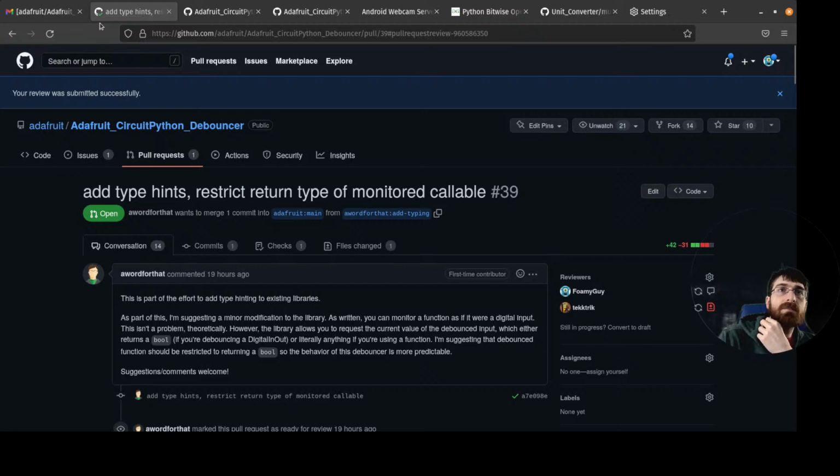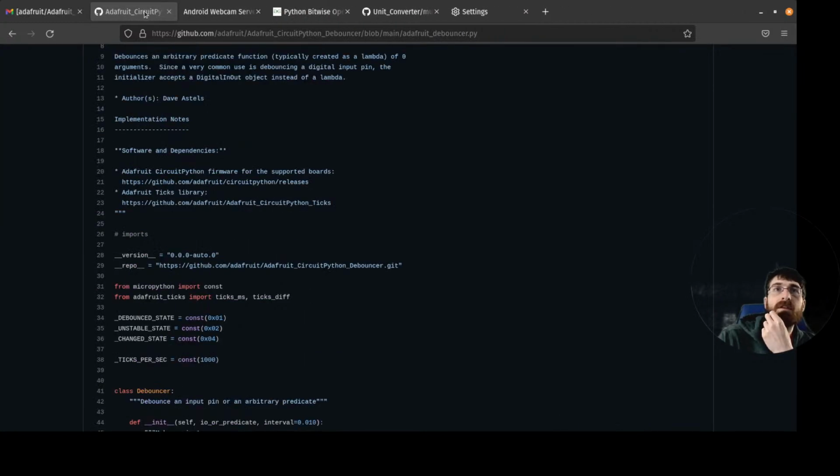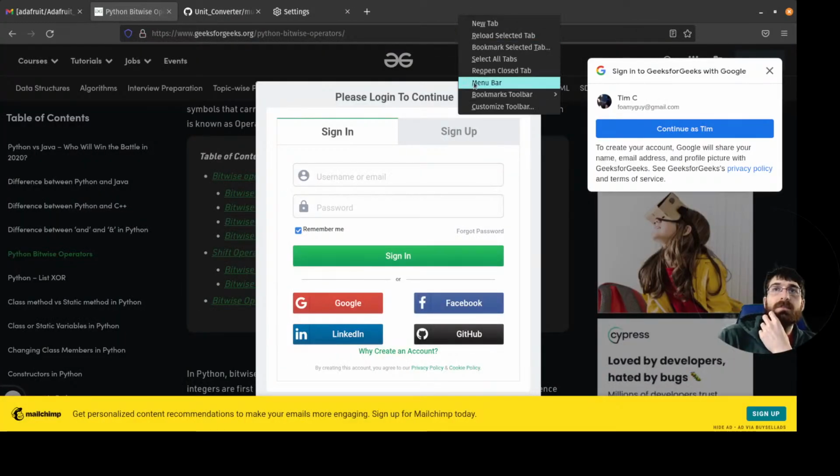Okay, I think we got all the spots in that one. Oh, I should have kept that one.